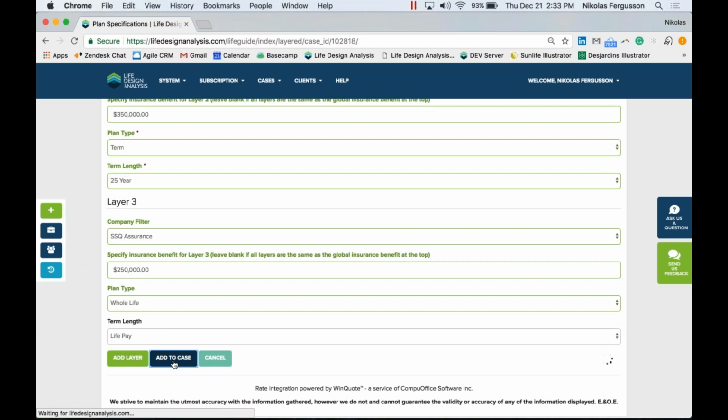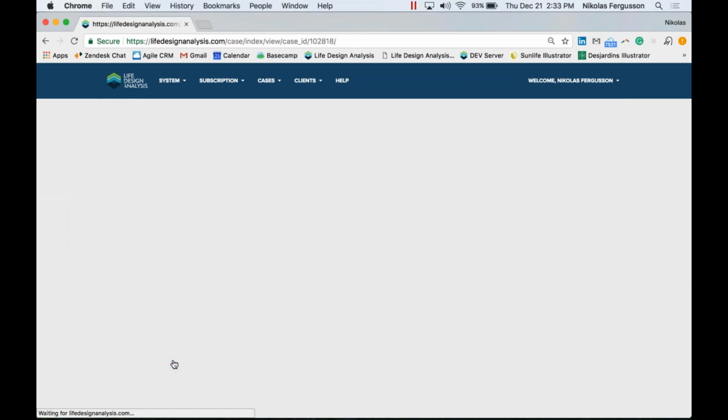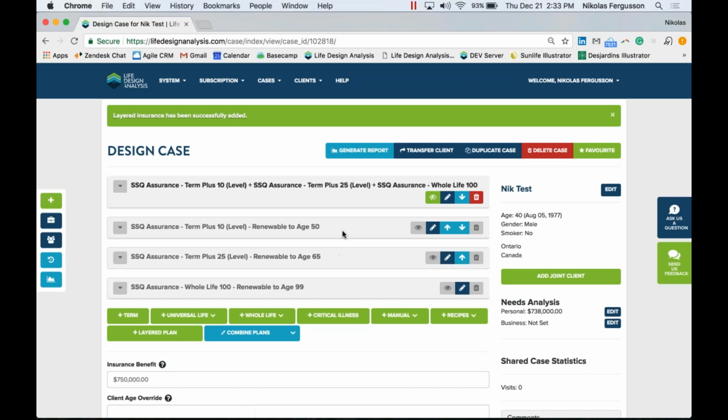And once we've clicked that Add to Case button, it's actually going to go out, grab all that information, and automatically combine these options together within the case. And so what we'll see is actually 4 items in the design case page. These 3 at the bottom you can see are slightly grayed out. They're not visible currently within the report, but what we can see here is the top option is all 3